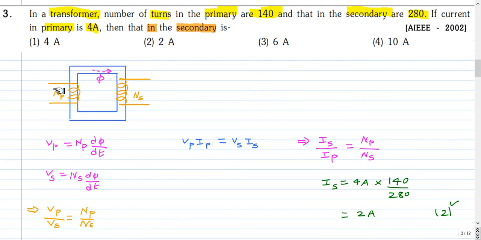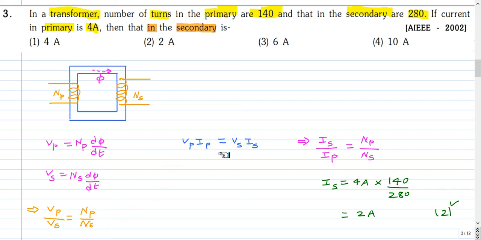So this is the primary coil of the transformer. There will be a current flowing in this coil, which will generate a magnetic flux phi, which will link the secondary coil and will produce an EMF here. So the potential drop across this primary coil is the rate of change of flux of one turn, that is d phi by dt, into the number of turns. Because all these turns are in series, the potential drop across one turn will get added to get the total potential difference as Np into d phi by dt. So the potential difference across the secondary terminals is d phi by dt into number of turns of the secondary coil, that's Ns. So the ratio of Vp and Vs is Np by Ns.